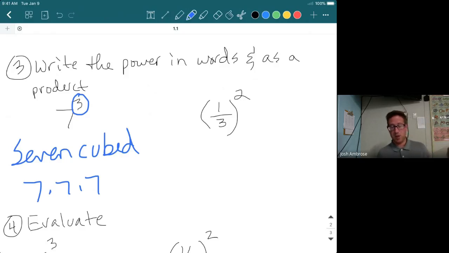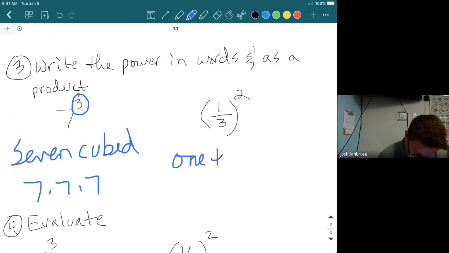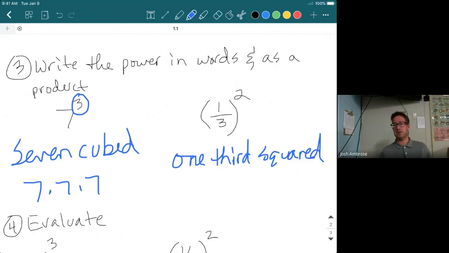Next one, we have 1/3 to the power of 2, which again, you could literally write out 1/3 to the power of 2. The faster answer, anything to the power of 2 is also known as squared. So this is 1/3 squared. Boom. That's written out in words. Now, what is 1/3 squared as a product? It is 1/3 times